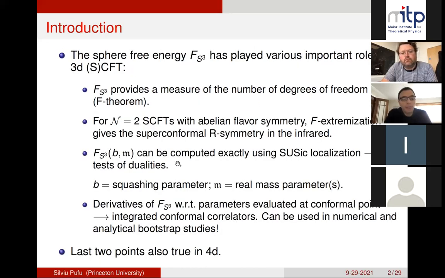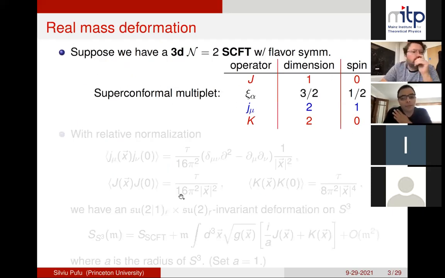So let me elaborate a little more on the last two points, and then raise some questions about this. Let's assume that we're looking at a 3D superconformal field theory with some flavor symmetry. There's a conserved current, J mu, of dimension 2 and spin 1, and that sits in a,